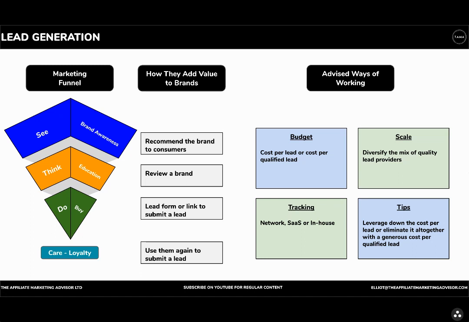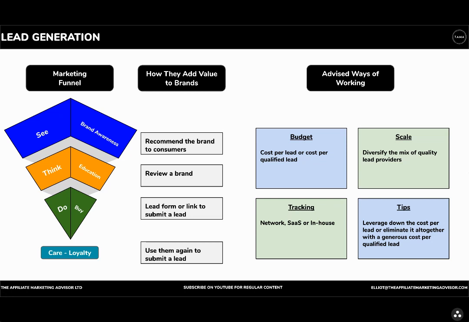So lead generation is slightly different, whereas the other types we've mentioned are really focused on cost per acquisition. This is all about leads and cost per lead, which is more about driving interest. So you can work in a few ways. Recommend a brand to consumers. SEO-based lead gen sites are really good at this. You'll have some partners that have something really specific. So let's say for conveyancing, they may have a